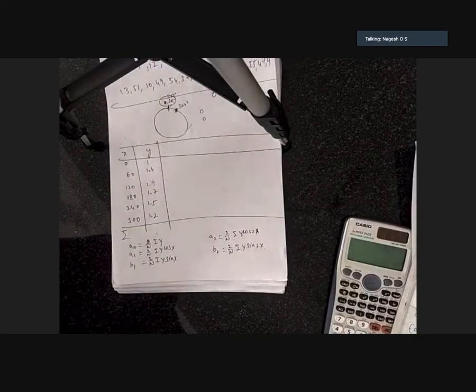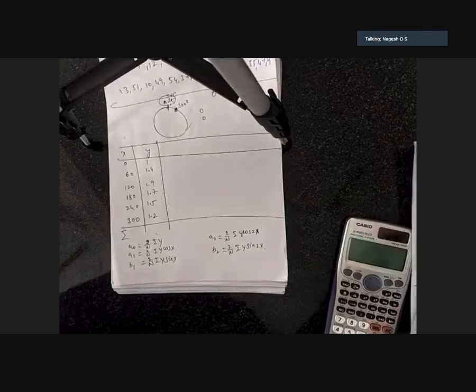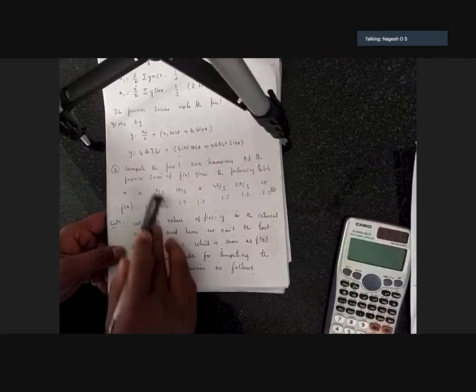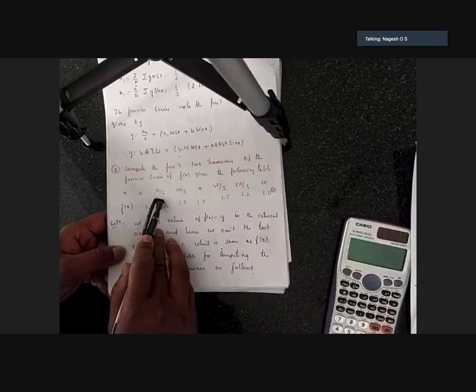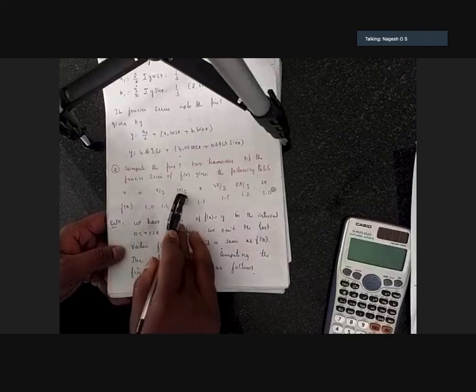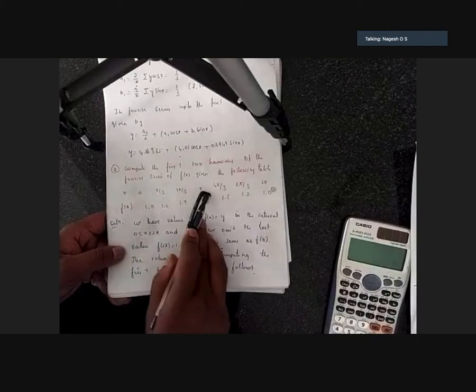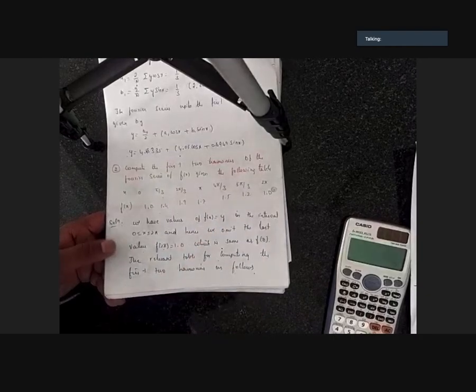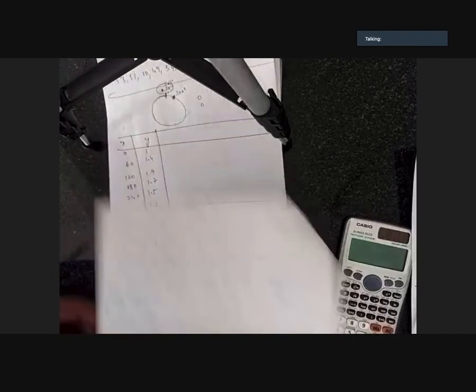For pi you take 180. For this it is given in 180. Sorry, pi. Pi means in place of pi take 180. 180 by 3 is 60. Here also 2 into 180 by 3. Here also 180. Here also 4 into 180 by 3. Here also 5 into 180 by 3. It will reduce us to degree.